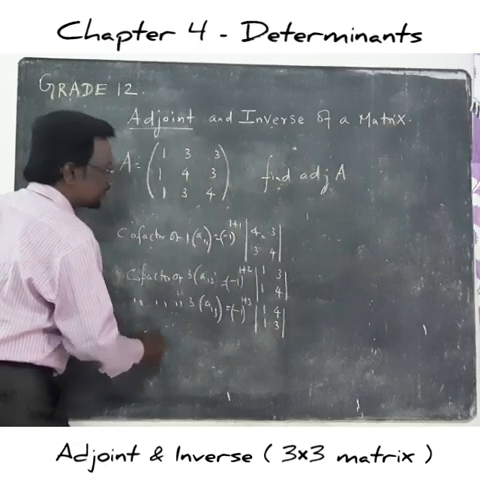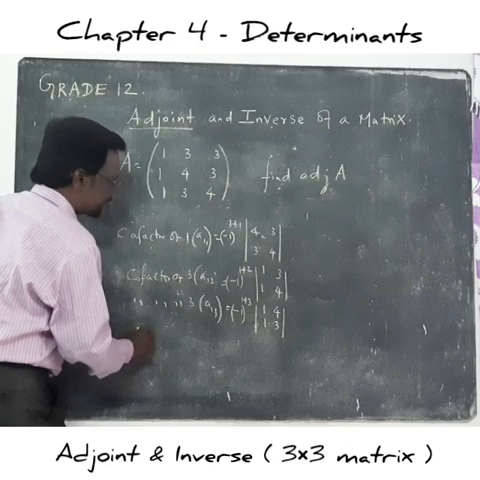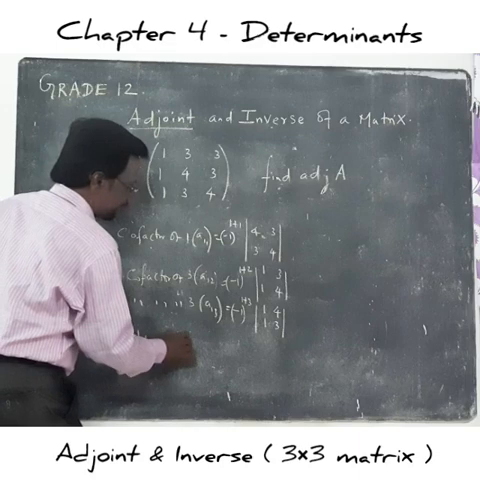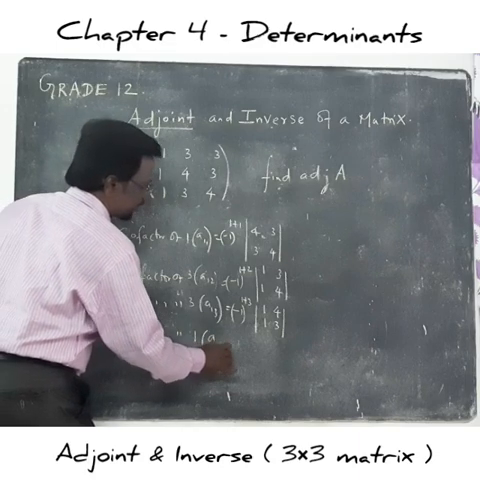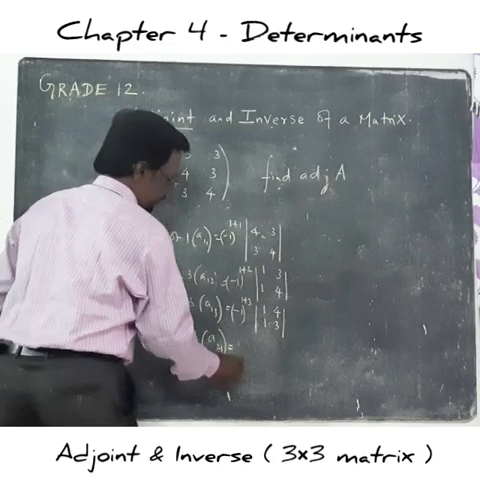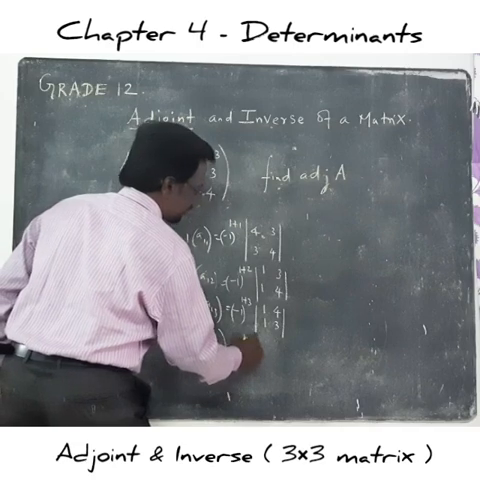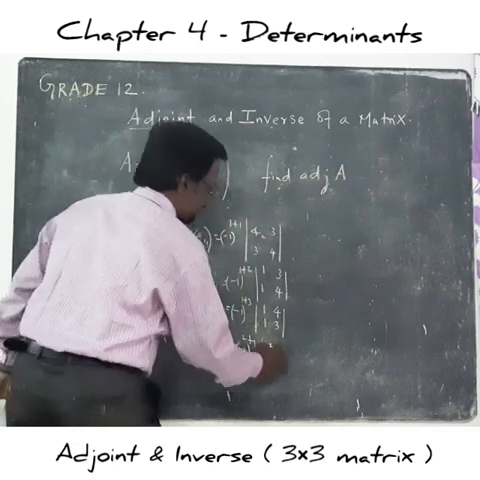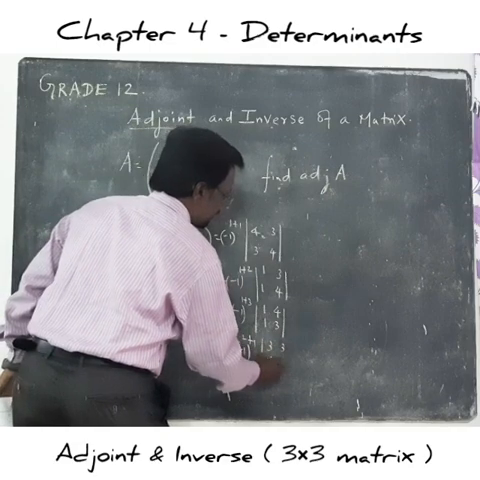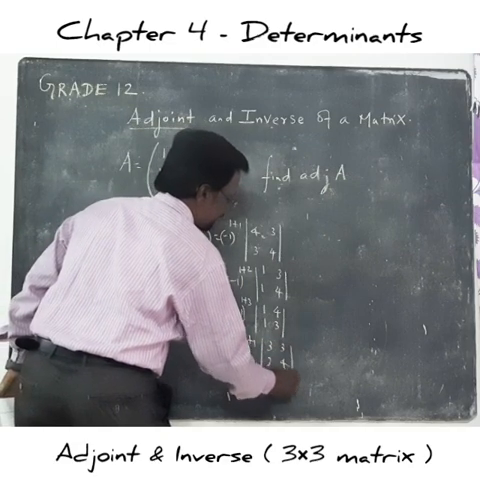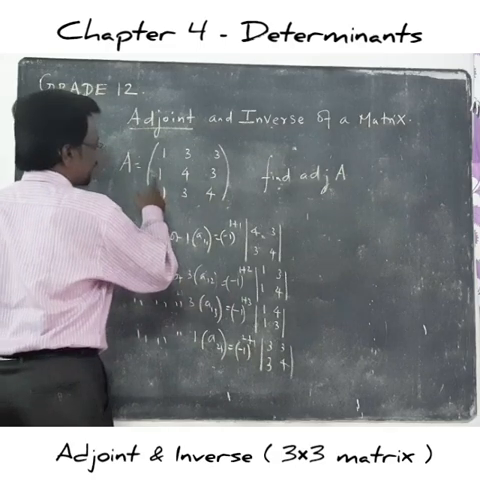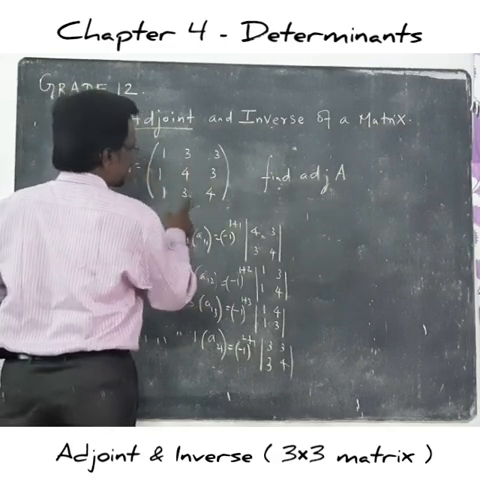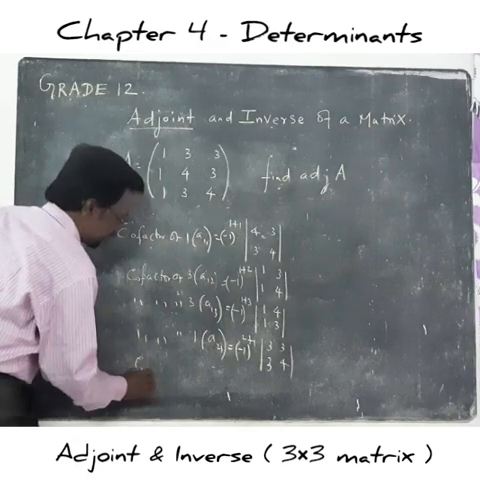Similarly, you can find the cofactor of that 1, that is A21. So minus 1 power 2 plus 1, 3 3, 3 4. You have to delete this row and this column. So we have got 3 3 and 3 4. Okay. Then the cofactor of